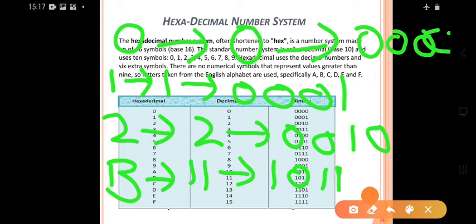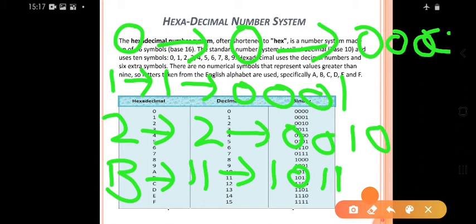Just like the systems discussed above, the hexadecimal system is also a positional value system, wherein each hexadecimal digit has its own value or weight expressed as a power of 16. Note that each hexadecimal digit represents a group of 4 binary digits. It is important to remember that hex is the abbreviation for hexadecimal, and the digits A through F are equivalent to the decimal values 10 through 15.